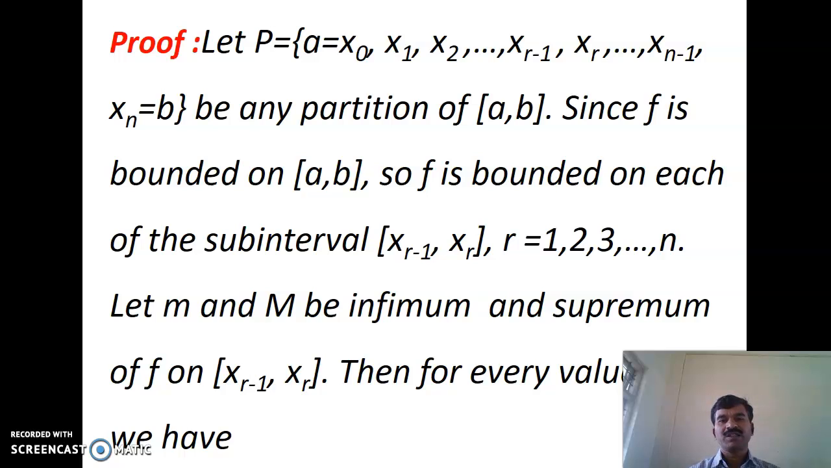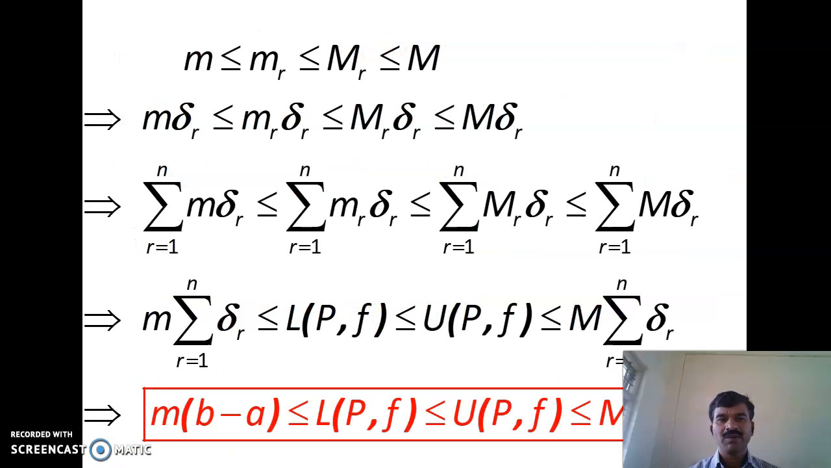Let P be any partition of the closed interval [a, b]. Since f is bounded on [a, b], f is bounded on each of the subintervals [x_(r-1), x_r], where r runs from 1 to n. Let capital M_r and small m_r be the supremum and infimum of f on [x_(r-1), x_r]. Then for every r we have that the infimum is less than or equal to the supremum, that is m_r is less than or equal to M_r, and multiplying by delta_r throughout and plugging this relation into the summation,